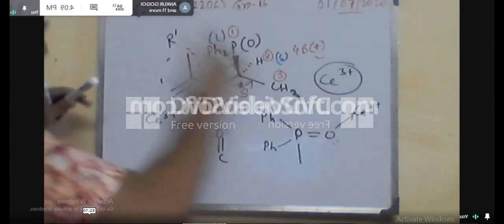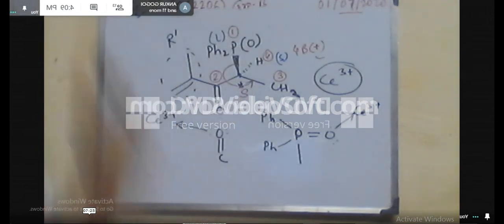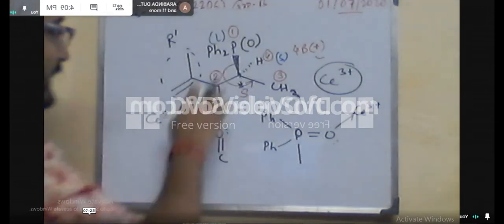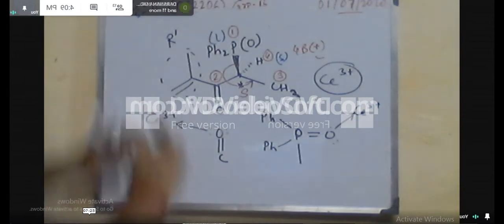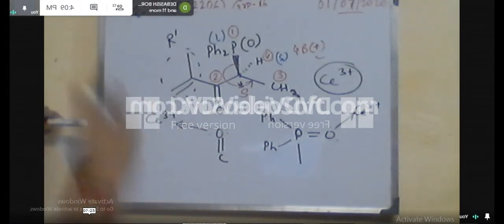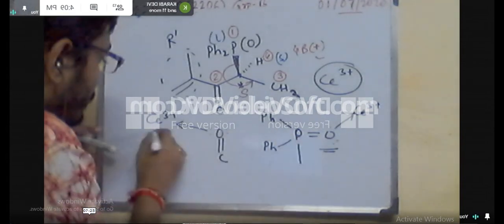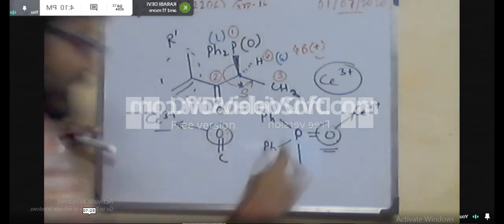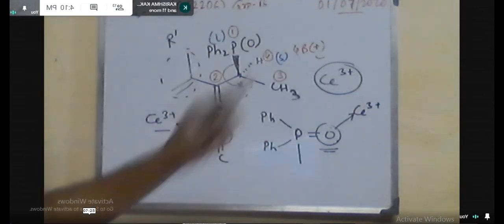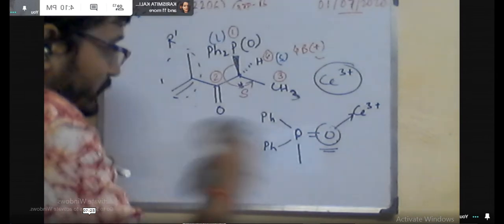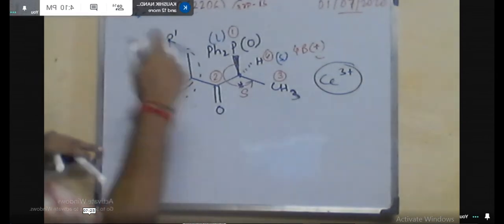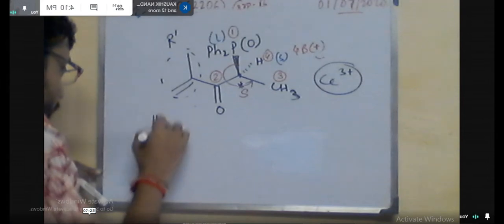Now in the chelate model, when you use the C3 plus, in this case it can bind with C3 plus. Similarly, this phosphorus oxygen bond can also bind with C3 plus. So to bind with the C3 plus, either we have to rotate this carbon oxygen double bond, or we have to rotate this larger group. So this is possible when this group is on this side.